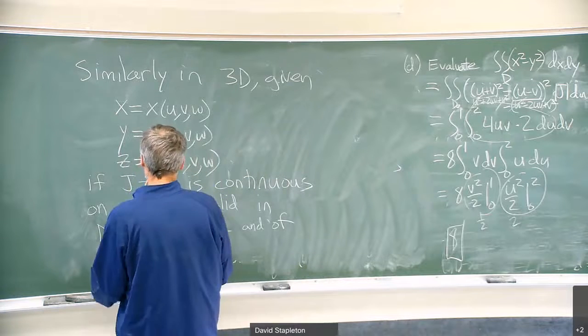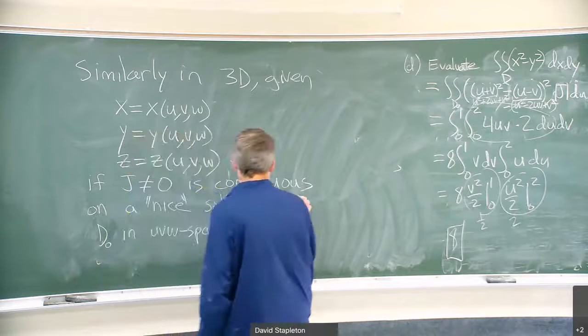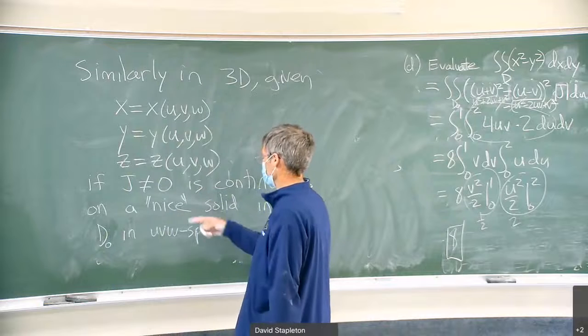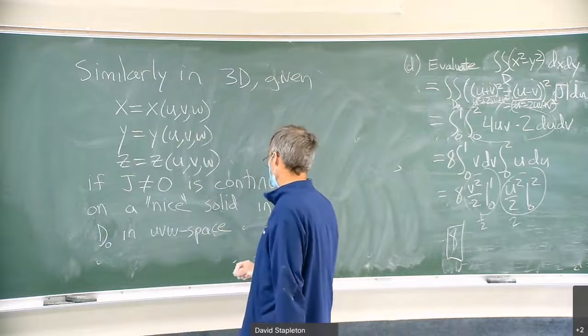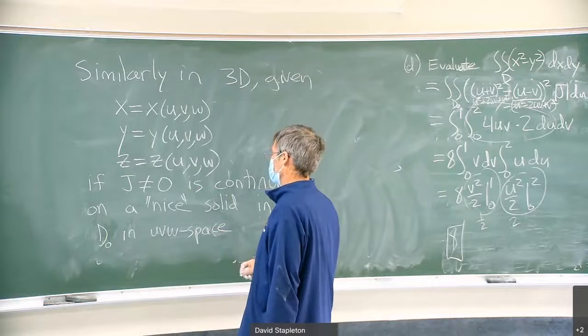Well, actually, if you just leave it not equal to 0 and continuous, that's good enough. So if the Jacobian is not 0 and is continuous, it'll be of one sign. Then